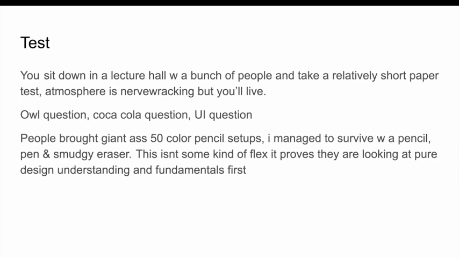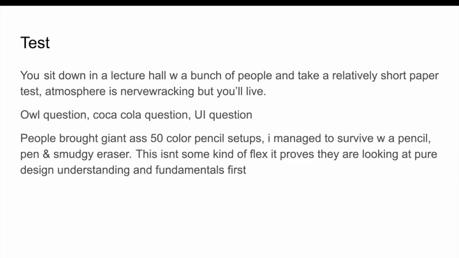So the test question, like the test paper, it is a physical paper, just a couple of pages. For me, it was comm design, as I said, so all of the diploma ones were different. I don't know what the other ones' questions were because I was not in the room. I don't know what fashion's questions were, but I know ours. So we had things that were all kind of addressing design and fundamentals, extremely simple stuff. You don't have to worry about it. You do have to worry about your English literacy.